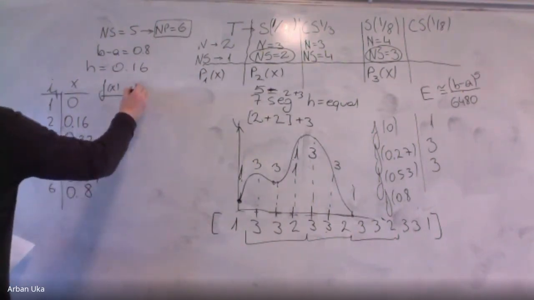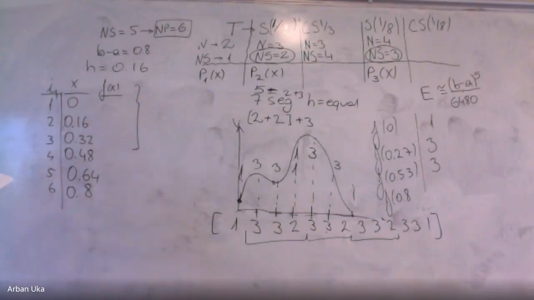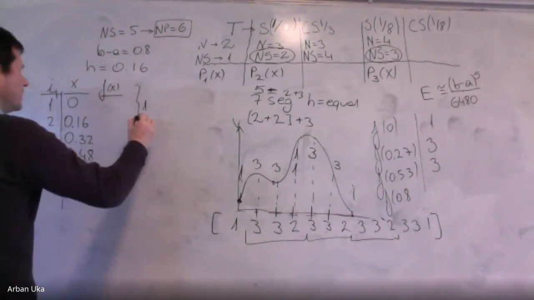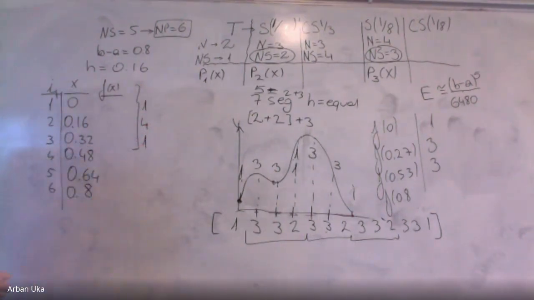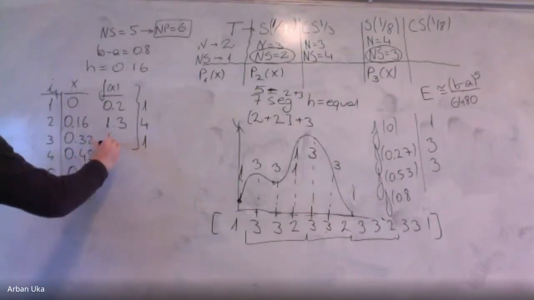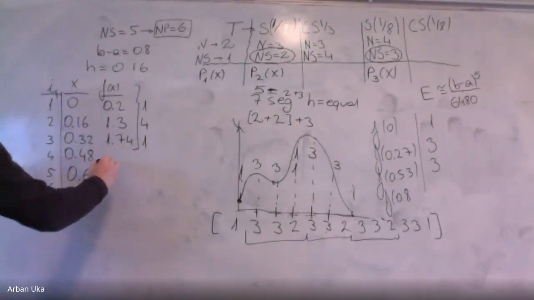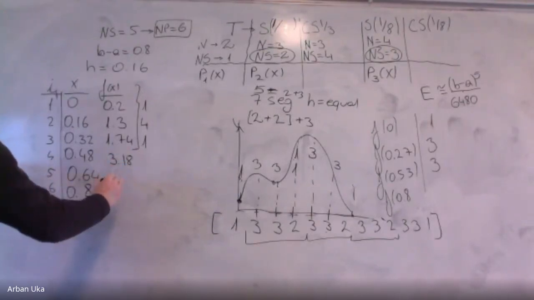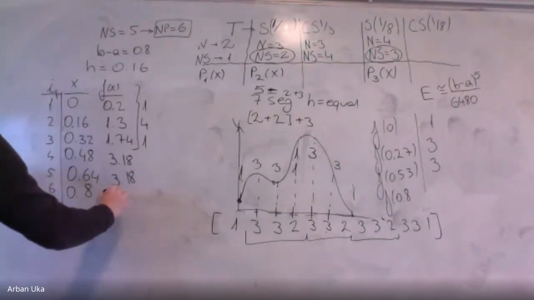Okay, so here they can be combined with Newton's, and we know that the Simpson's 1/3 rule coefficients go like 1, 4, 1, right? So we multiply this by 1, this will be multiplied by 4, and this will be multiplied by 1. And these values that will be multiplied are 0.2, 1.3, 1.74, and then we have 3.18, 3.18 again, and